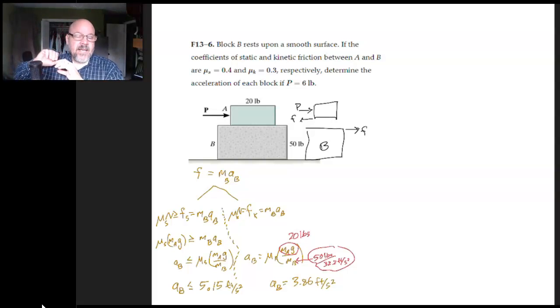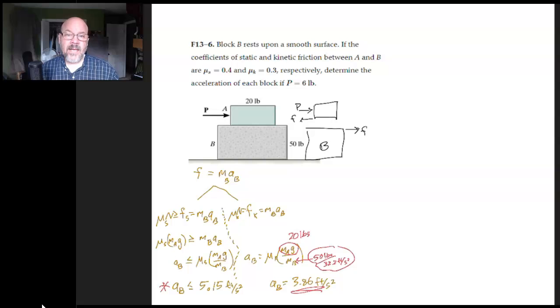The second scenario is the top block slides and it has one acceleration value. The bottom block has a different acceleration value. So if it's sliding, the acceleration of that bottom block is going to be this number right here. Guaranteed. If they're sticking together, then there's a limit to how much acceleration the static friction can